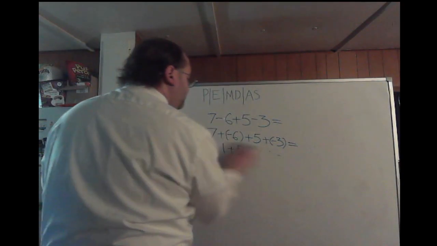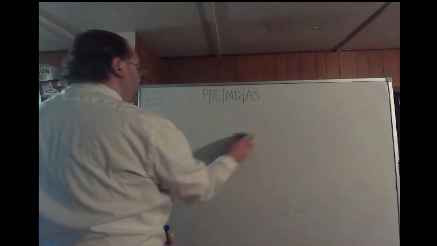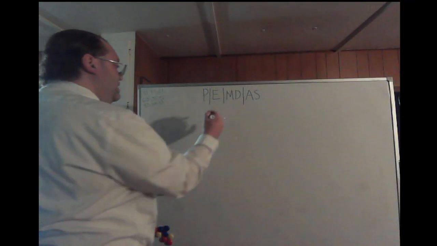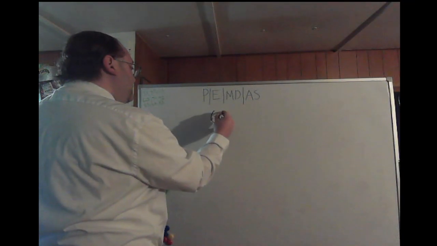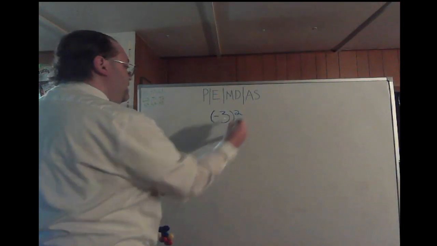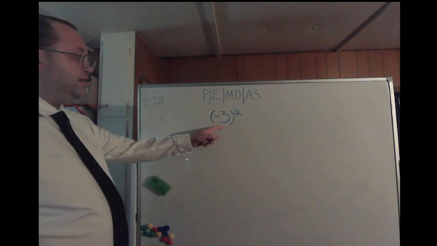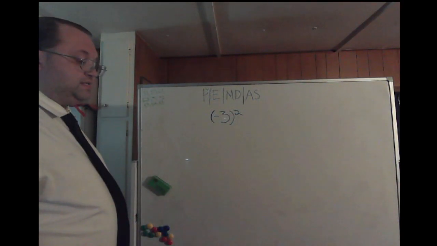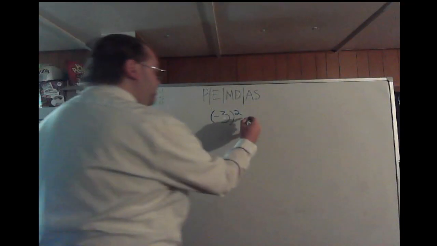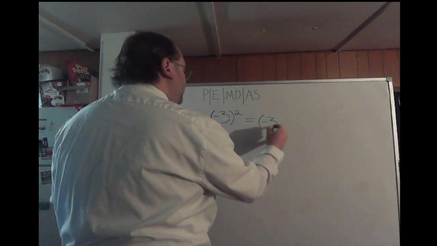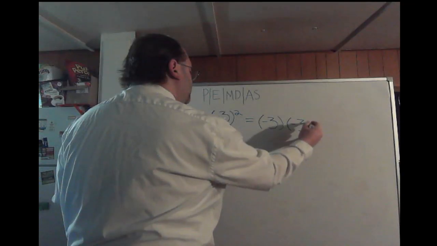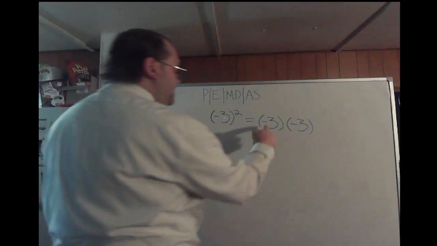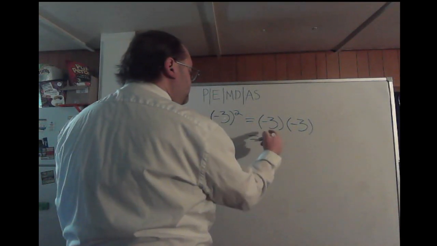Alright, so we just proved that addition and subtraction have the same priority. Also, a couple quick things before we dive into our main equations today. Let's say I have negative 3 to the second power. So I have a negative number inside the parentheses, then I have a second power outside as the exponent. Well, remember, that is the same as taking negative 3 times negative 3, because any number to the second power is itself multiplied by itself twice. So a negative times a negative is a positive. So then you'll have 3 times 3, it'd be